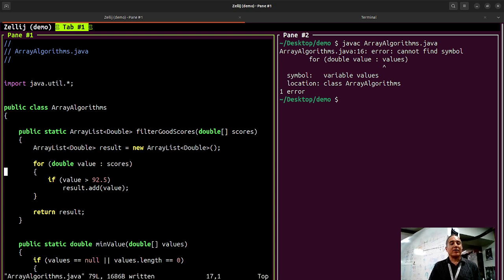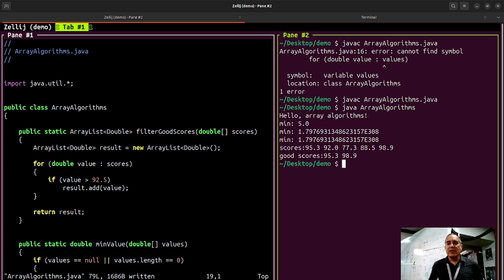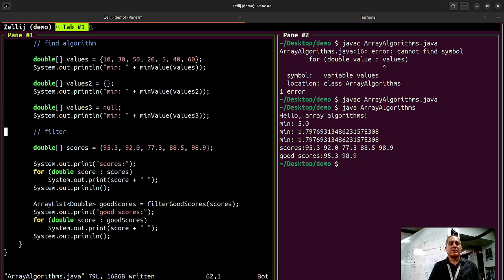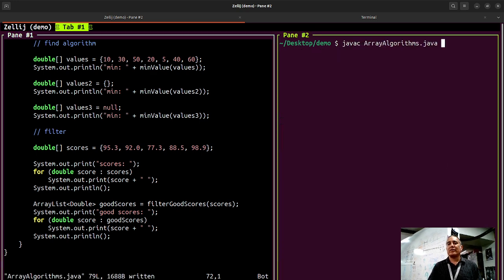There we go. How's that look? I should add a space after those colons. Oh, so it repeats all scores and then it puts the